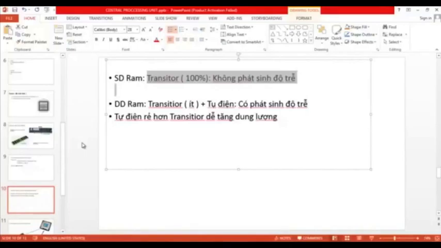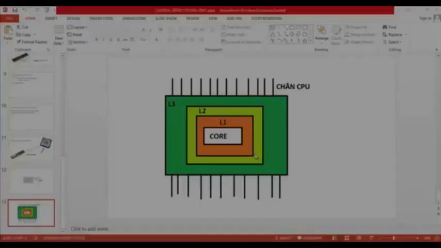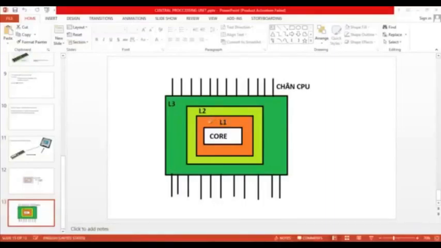Và các bạn cũng lưu ý là với bất kỳ một thiết bị nào, nếu họ trang bị bộ nhớ cache thì họ sẽ dùng công nghệ sản xuất là transistor. Rồi, tương tự lớp L1 cache thì người ta cũng sẽ phủ lên ở phía trên L1 cache này